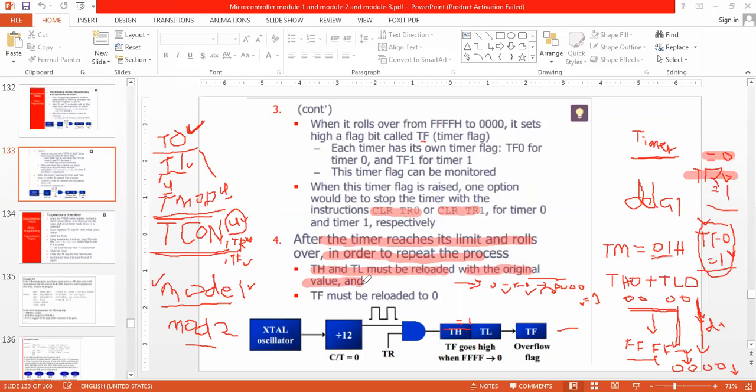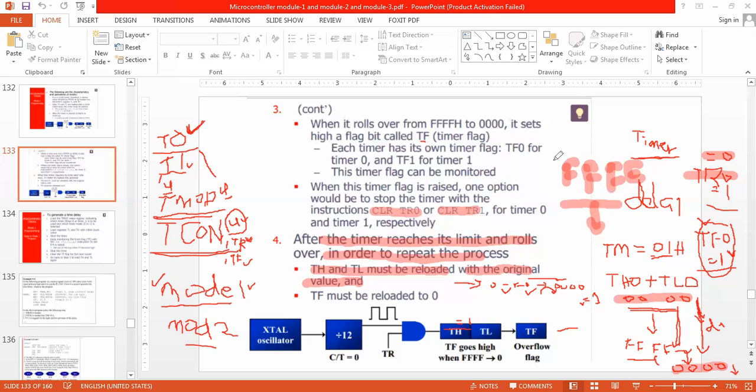Suppose I am using FFFE. If this is my initial value, stored into TH0 and TL0, it will start incrementing by 1. So it will reach FFFF. Then after FFFF, what will be the next value? It will be 0000.